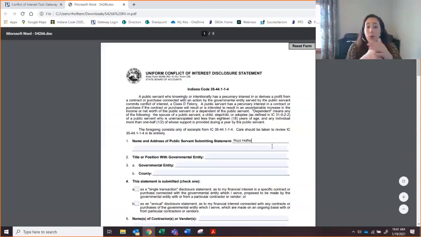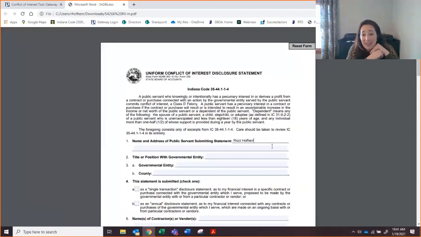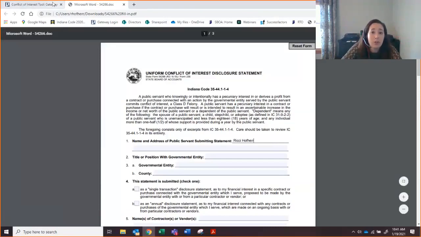Okay. You do have to save it. So if you were to fill all this out and then just close it, it will not save. You do have to save it onto your desktop. This is something that you will upload here, and that you will need to provide a copy to your county clerk because they keep it on file as well. Once you fill this out and you have saved it,